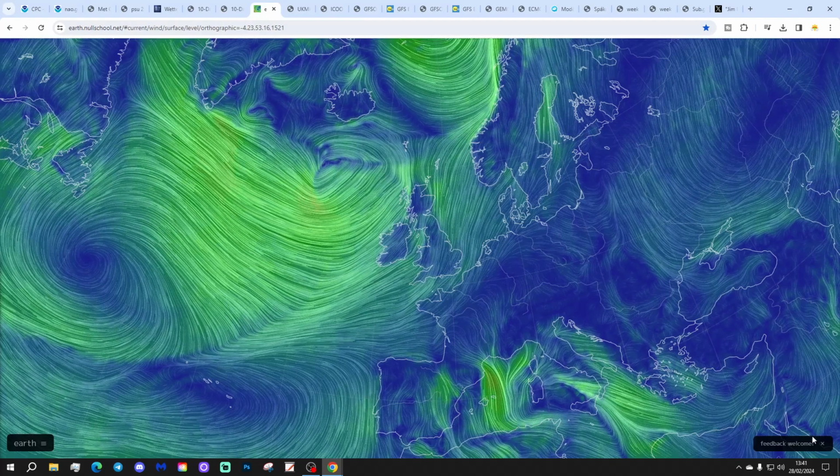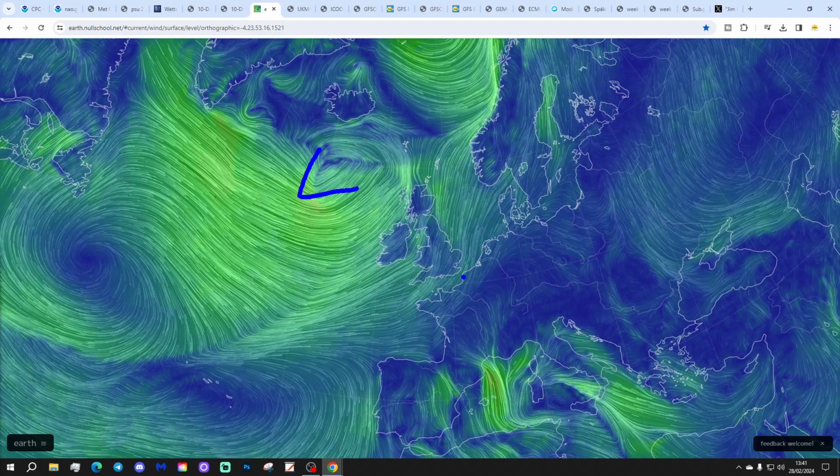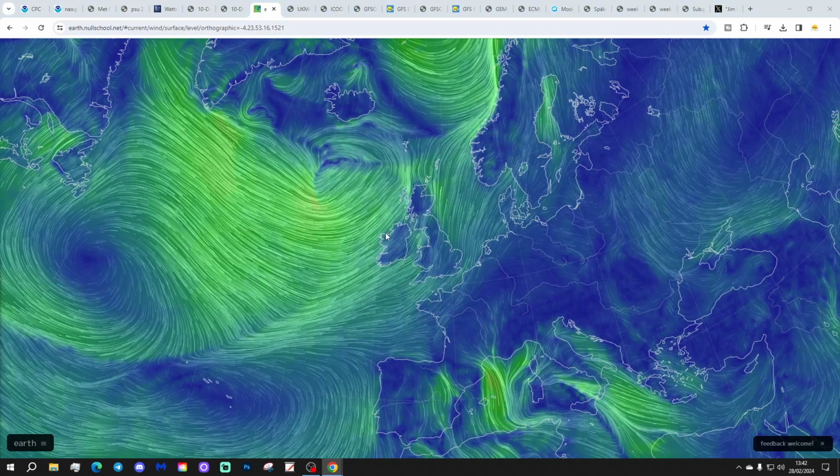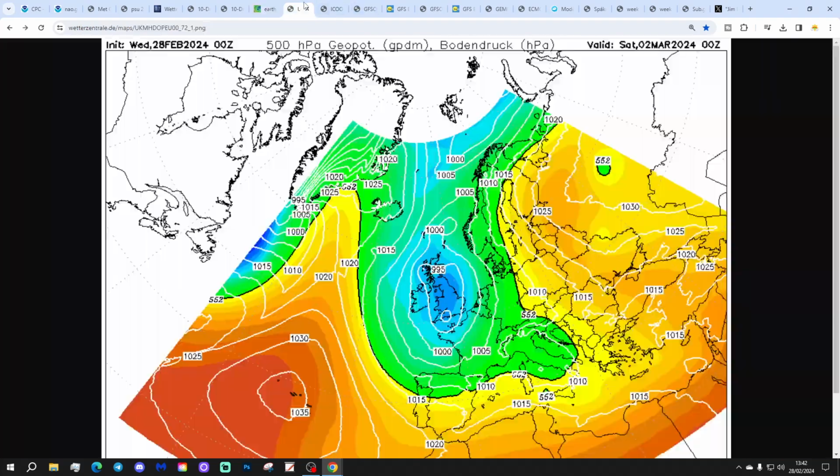Oh dear. This is a map from earth.nullschool.net showing low pressure in the Atlantic, and there's a weather front pushing through the country as well today. So it is very mild today, with southwesterly winds, but tomorrow we will turn the wind round to the northwest. We'll bring in a polar maritime airstream, and that northwesterly will then stay with us through the weekend.